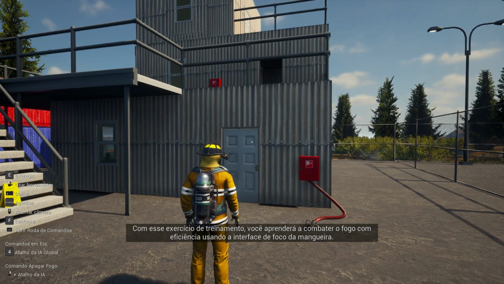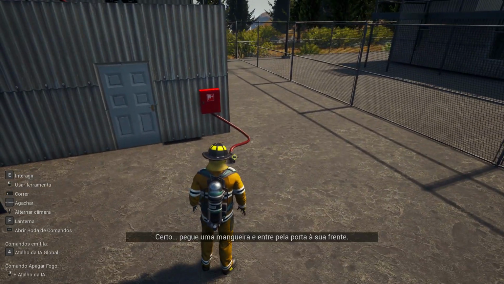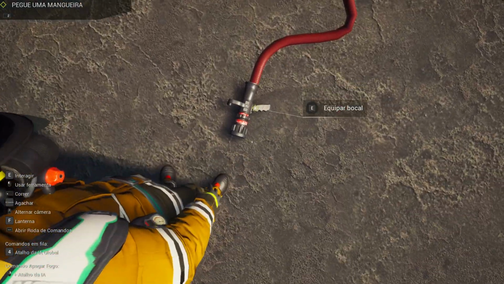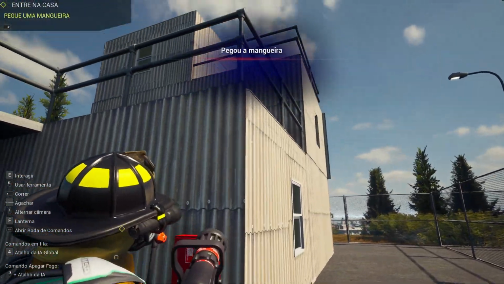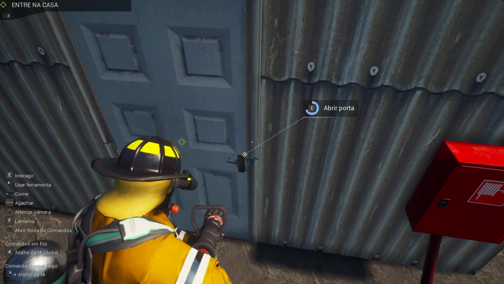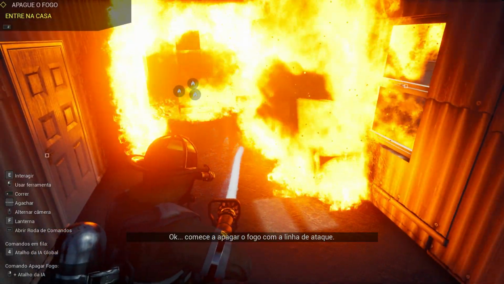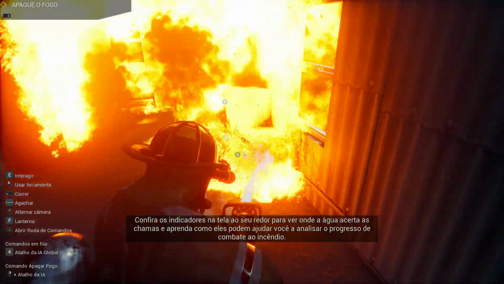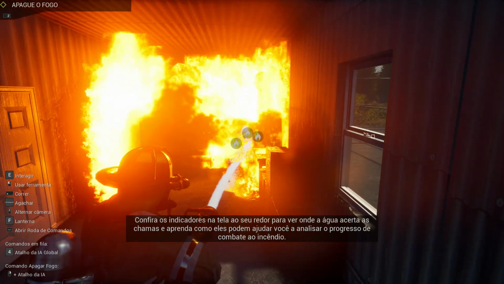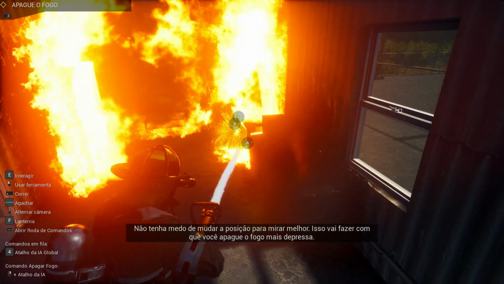This training exercise will familiarize you with how to effectively fight a fire using the hose aiming interface. All right, grab a fire hose and enter the door in front of you. Quench that fire with the attack key. Look at the on-screen indicators in proximity to where the water flames and learn how they can help you to assess the firefighting progress. Don't hesitate to change your position to get a better aim. This helps you quench the fire as